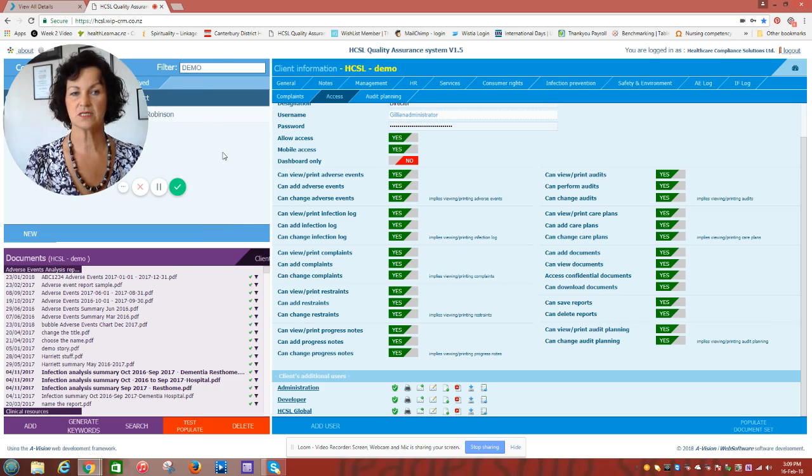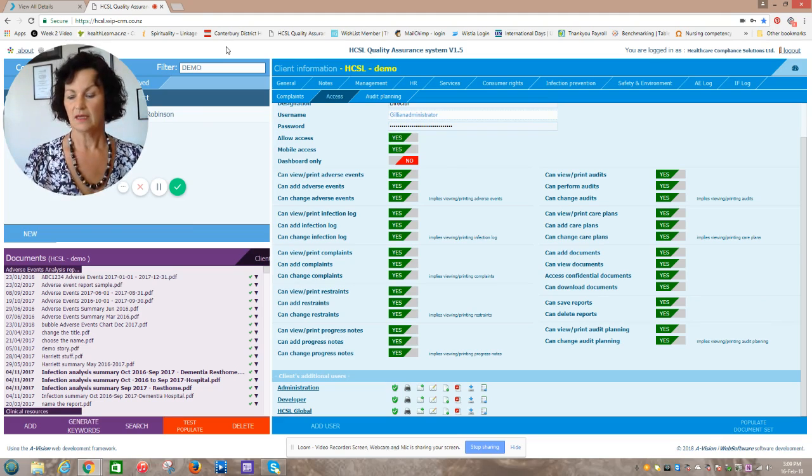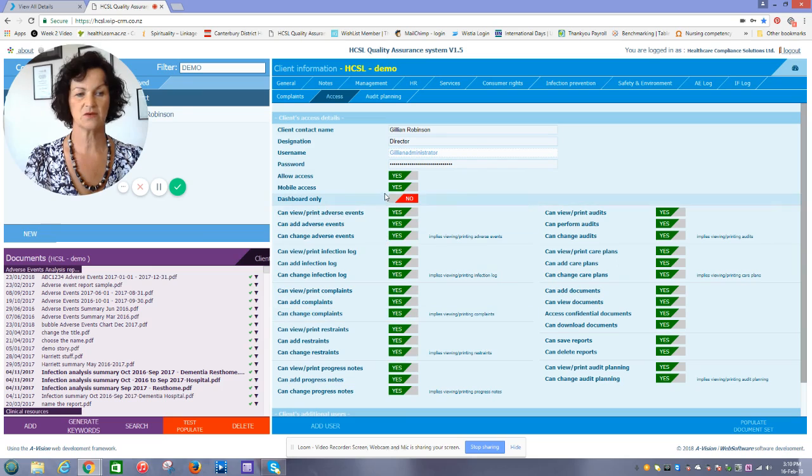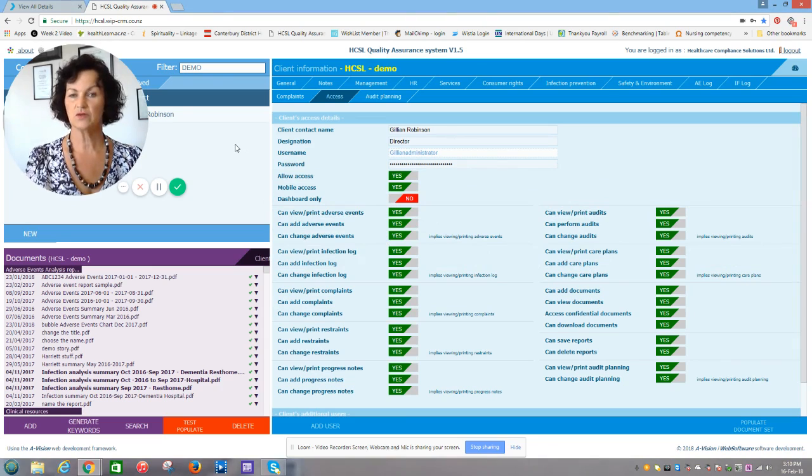So to get access to the system for your documentation review as auditors, you contact your clients, as you do. The clients that we have know, because we've told them, but sometimes they forget, so we have to remind them to forward the information to us as well, so that we can send you those access codes. They are set up specifically for audit purposes, just for the documentation review, and so they're limited access. We've got a whole range of different access areas to the different parts of the site that clients are using. But at the point that you get your access code, it will look the opposite to what I've got